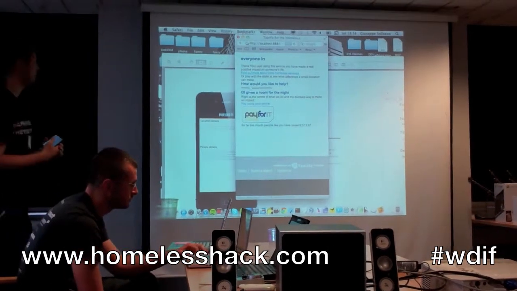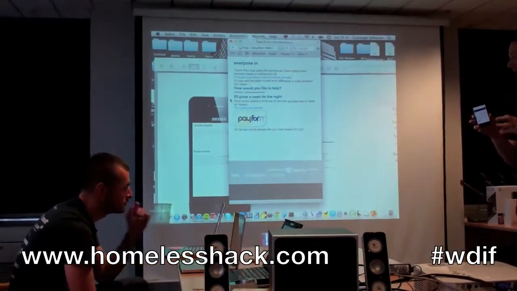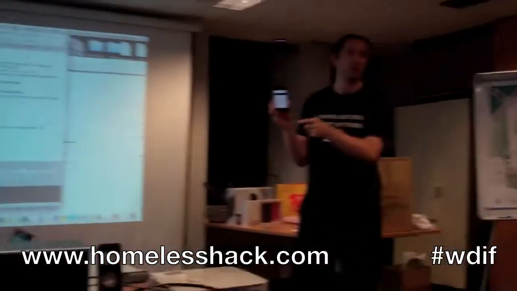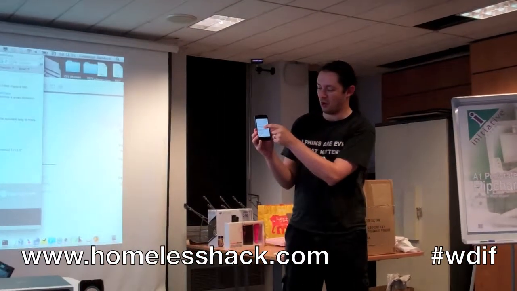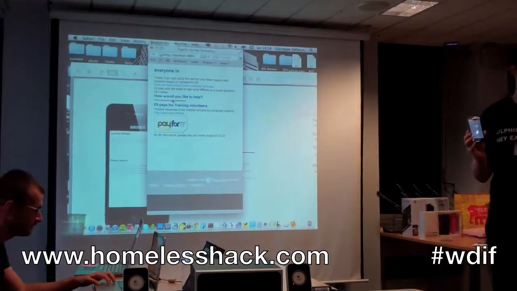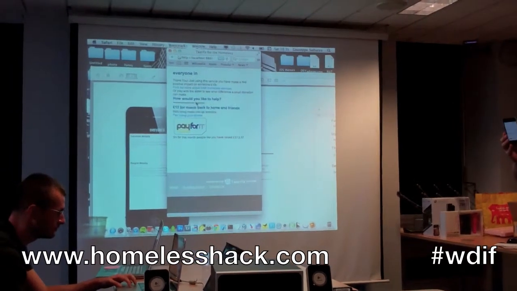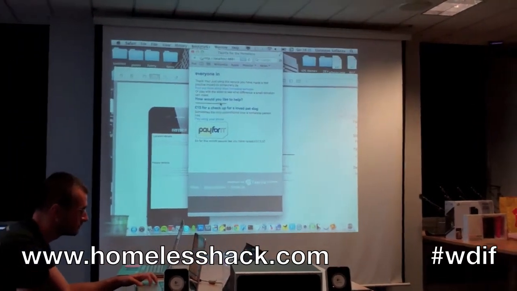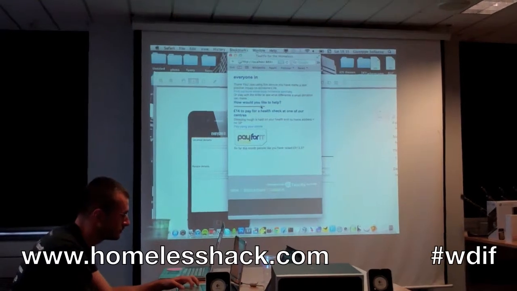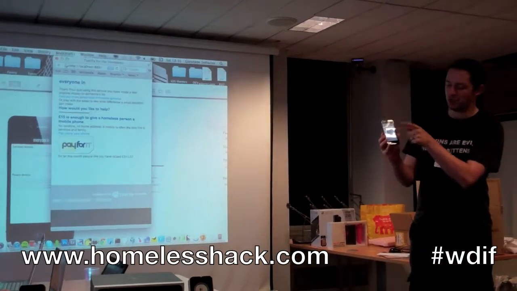So the way the payment works, so this also works on mobile, so you can try it yourself. I'll tweak the link. Is that you get this slider? So how much would you like to give? And as you slide it along, you'll see the text change. And I think if we do it on here, you get some information. So it's not just you're donating £8; you're donating to get a vet to help with the dog, or 12 or 13 pounds, 14 pounds for healthcare, 15 pounds for a mobile phone. And then the link at the bottom goes to pay for it.